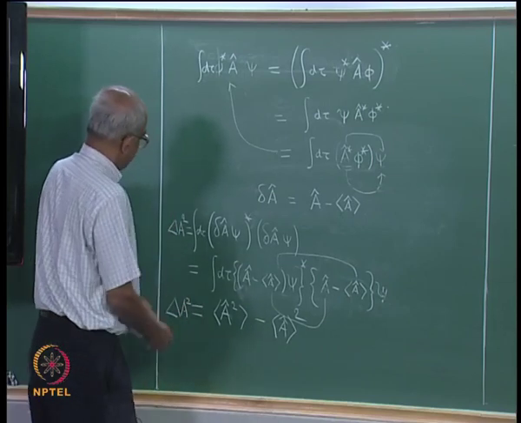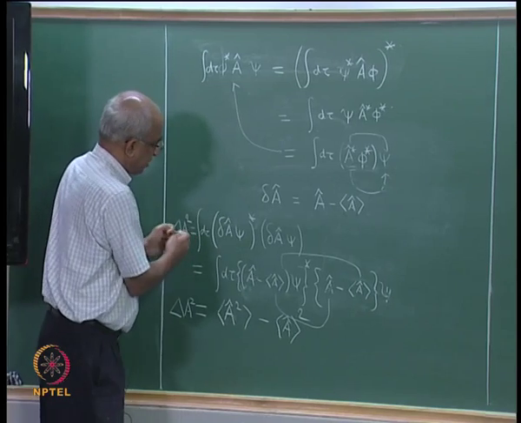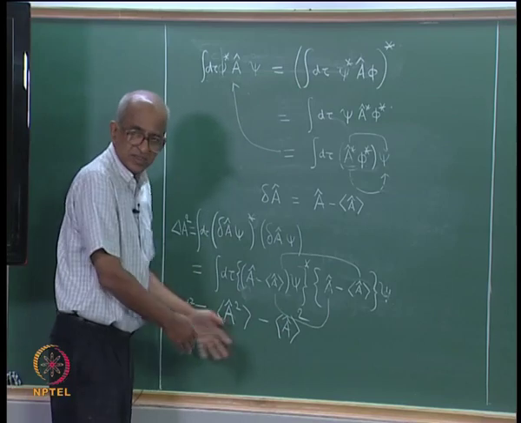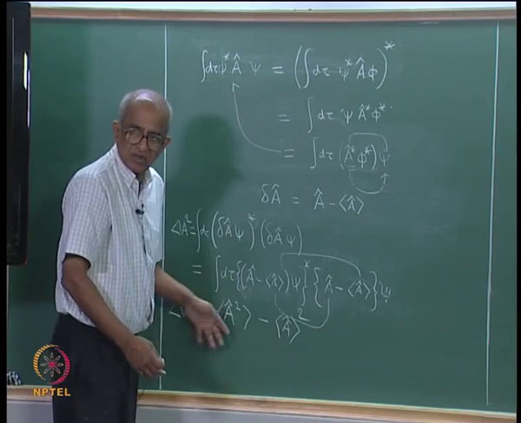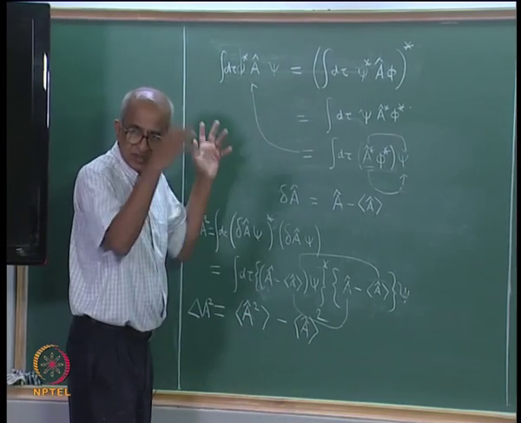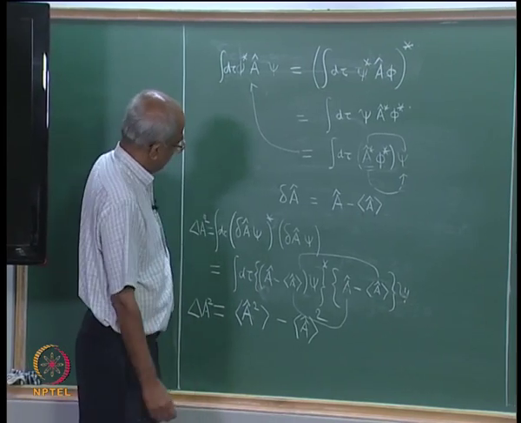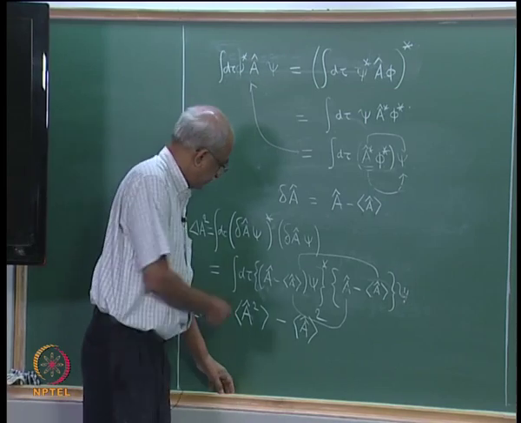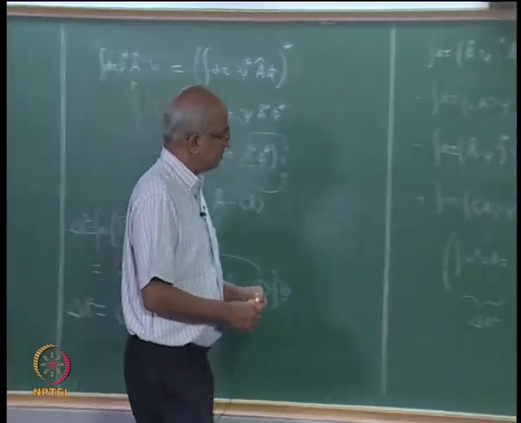In what sense? I claimed that delta A square, if I define it to be like this, it is nothing but our previous definition, right. This is something, this is the way we defined delta A square in the previous lecture. So, if that is the way it is, okay,